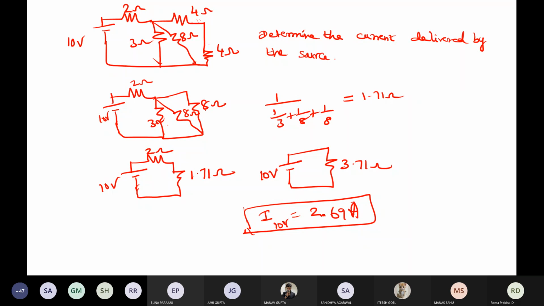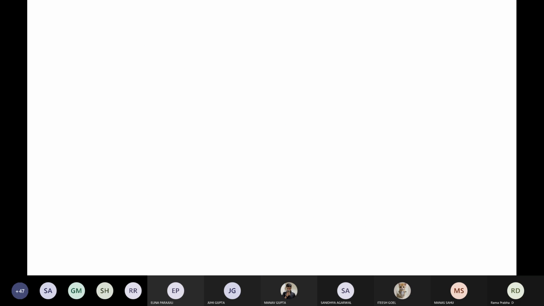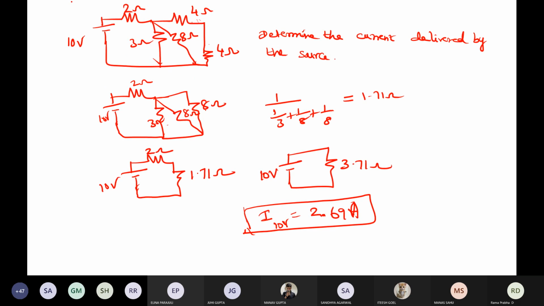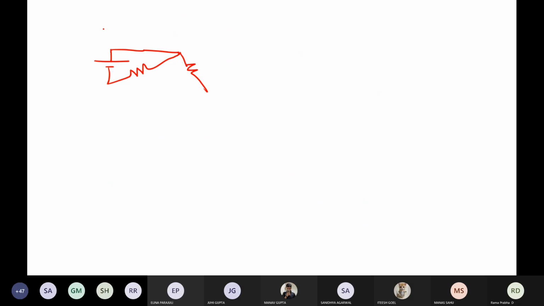Okay, now I'll give another problem. You all do it and see. Why I'm doing this problem is, you should know where you have to start reducing. Always go to the other end for reducing. You cannot start here saying this 2 and 3 are in parallel or series. You should always go to the other end, see how they are series, then parallel, then series. Like this only you have to reduce.